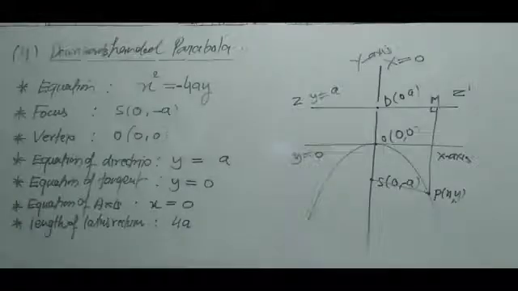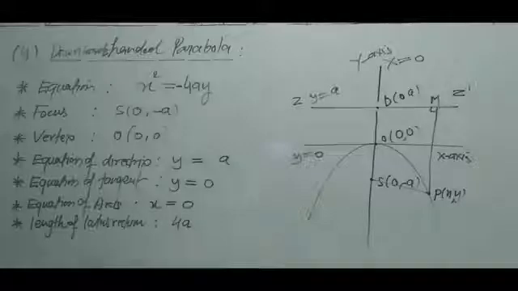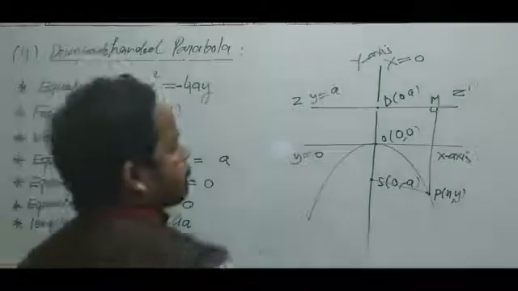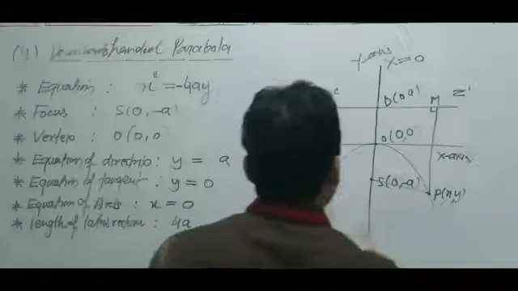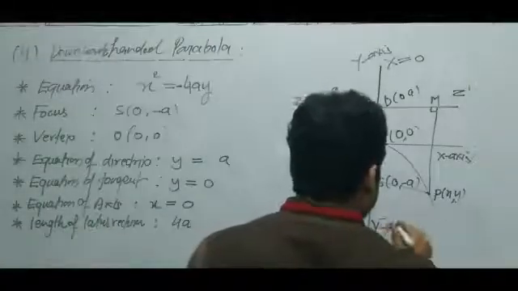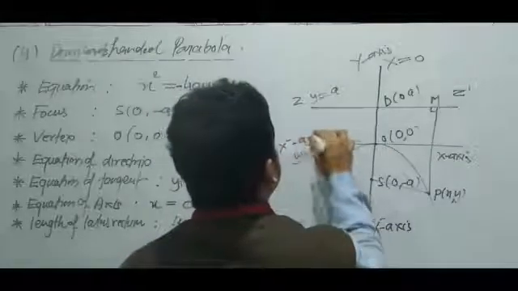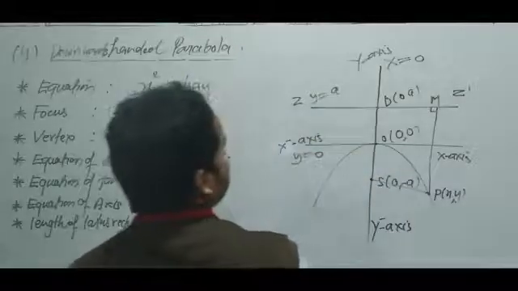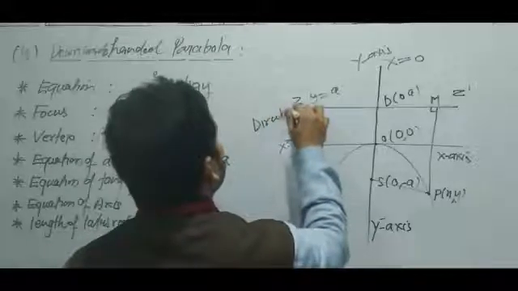Now see, now these 4 types are totally completed. Now you can see, this is the x negative axis, y negative axis, and its equation is y is equal to 0. This is the directrix, you know,